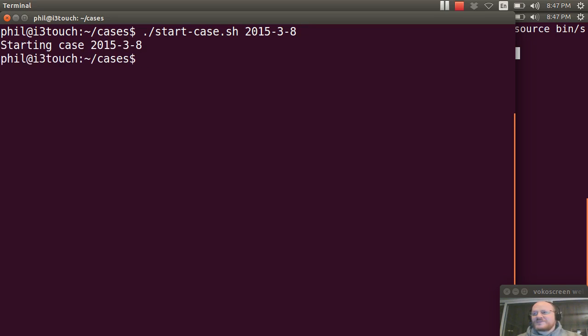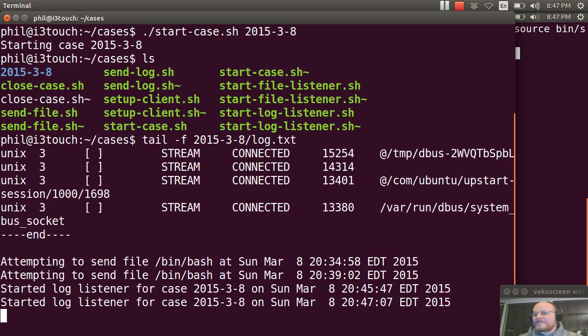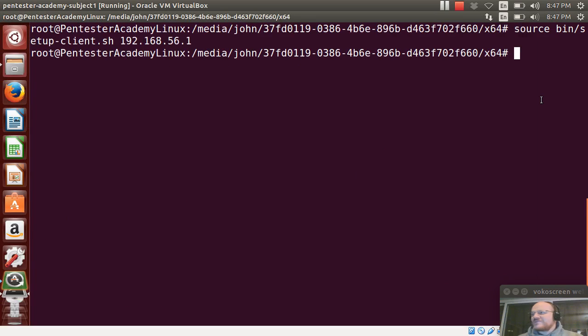Once I do that, it tells me it's starting that case, and if I do an ls, I should see that directory has been created if it didn't already exist. I'm going to go ahead and run a tail command -f to follow the end of my log file. So over here, I'm going to want to do certain things. We'll talk more in detail in the next video about what those things are, but we did say the very first thing I want to do is